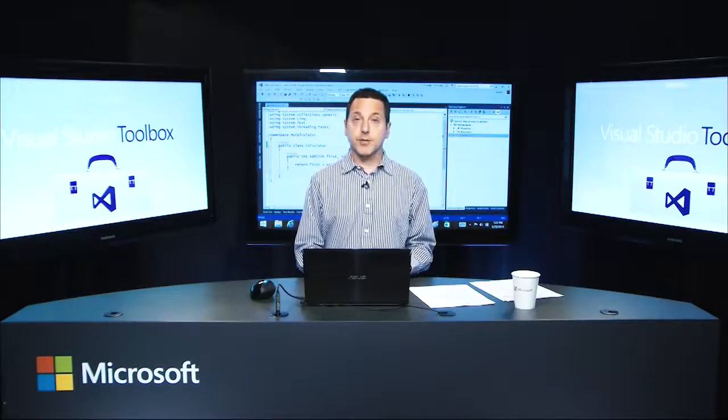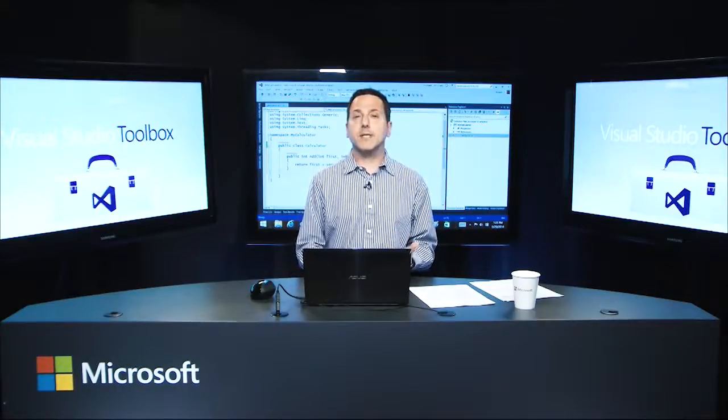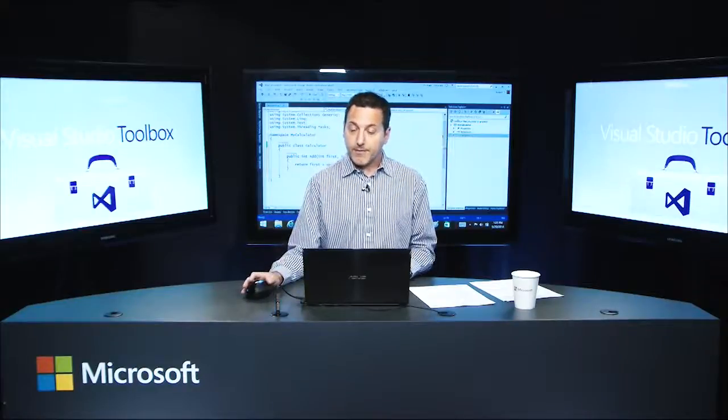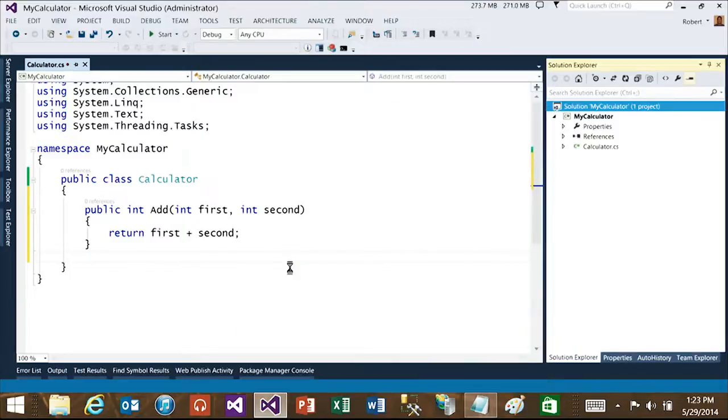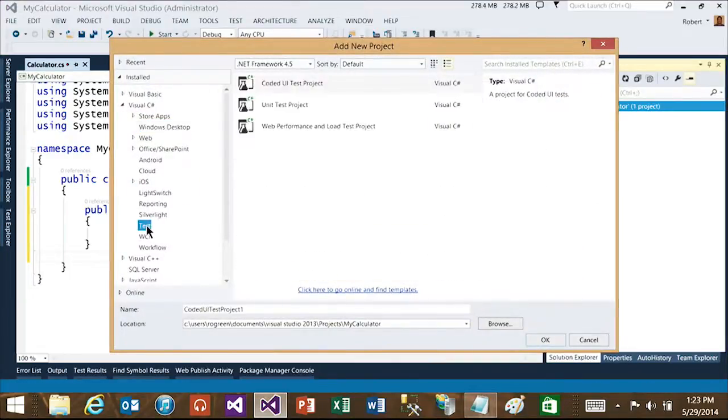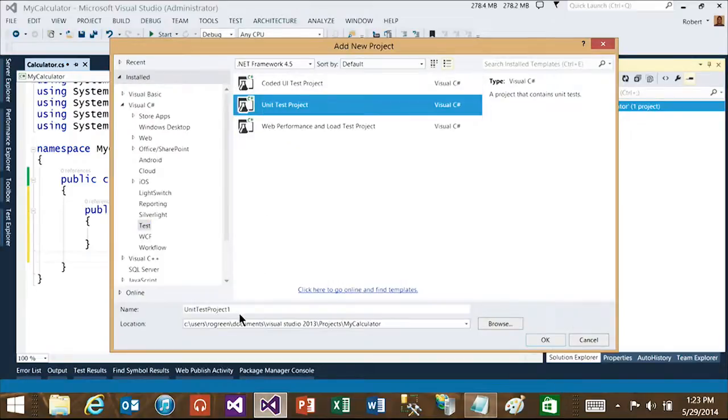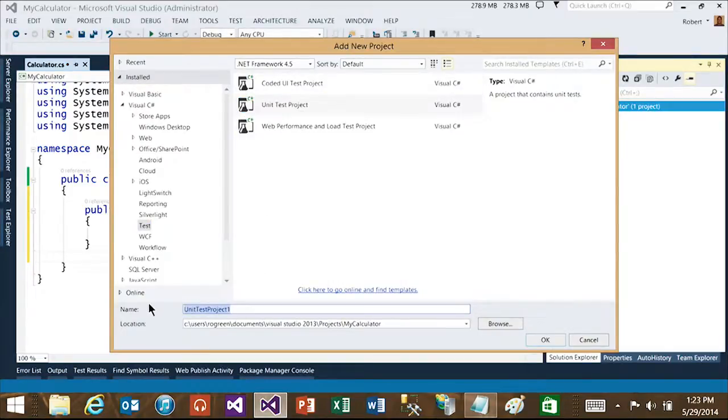So the next thing we're going to do is to create unit tests around this code. Visual Studio has a very robust unit test framework, and the thing we're going to do here in this solution is we're going to add a new project. We're going to go into the test section here, and we're going to add a unit test project. And we're going to call this MyCalculator.Tests. This is a convention. Typically, what people do is the name of the testing project is the assembly you're testing .Tests. You absolutely don't have to do that, but that is a convention that's worth following,